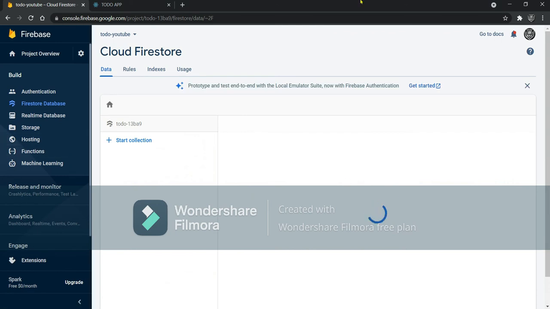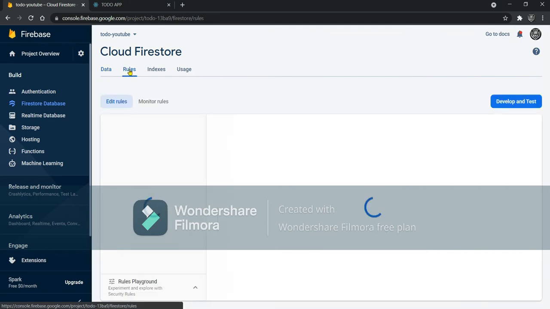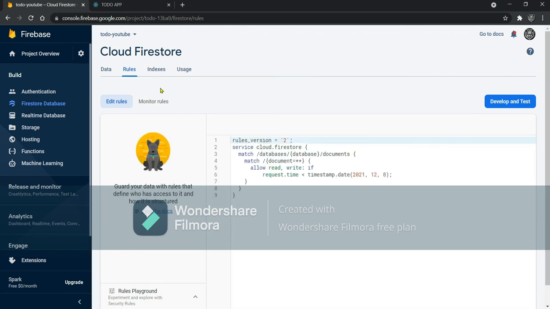So it has made the database. Now we will do something in the rules, otherwise it will be valid for only 30 days. So let's do something with those rules.